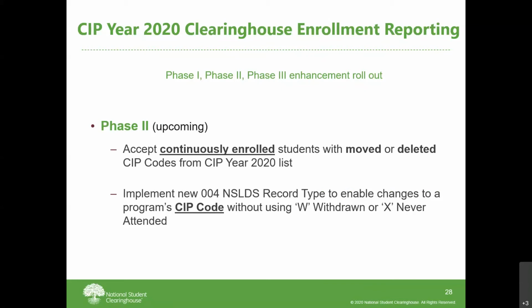So NSLDS, they are introducing a new record type. It's 004. This will not change anything with how you report data to Clearinghouse. So the format is not changing. The 004 record type that we are installing enhancements for our quote unquote phase two, that's Clearinghouse only. That's with how we respond to NSLDS on the roster. It is not related to how you send data to us. So I just want to make sure that I'm absolutely clear about that piece, as the 004 record type doesn't have anything to do with you changing your format for how you send data to us.